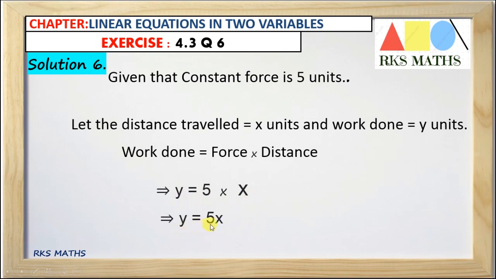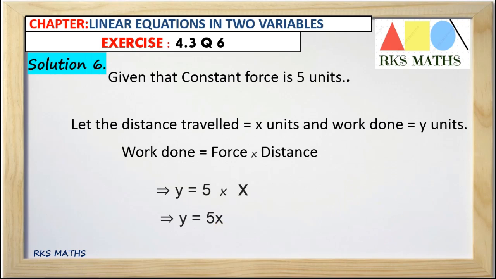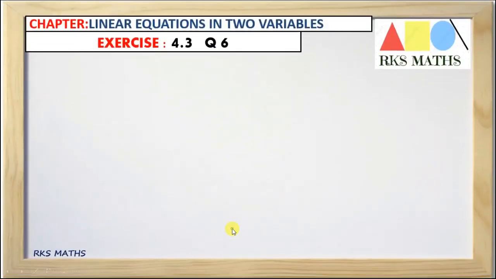So students, you see that we have derived a linear equation from the given conditions. The linear equation we found is y is equal to 5x. Now students, we have already learned how to make the graph when a linear equation is given, which we discussed in detail in the previous class. So in the second part of the question, it has been asked to draw the graph of the linear equation obtained. So we will be drawing the graph of this linear equation.